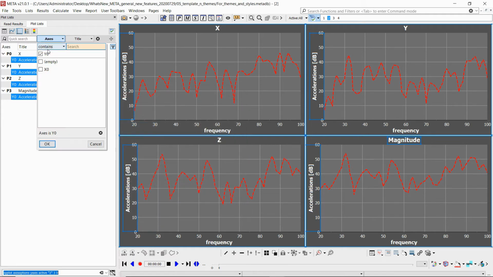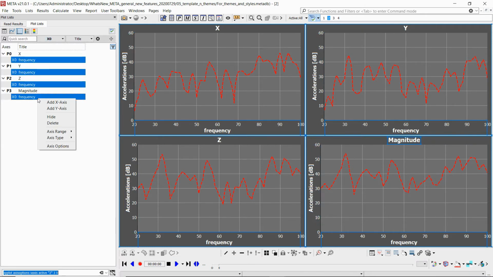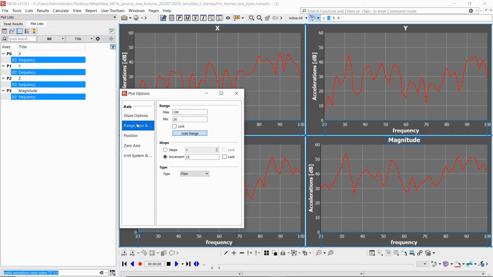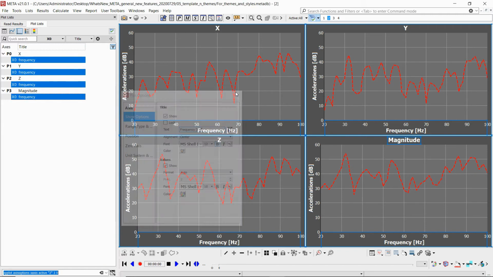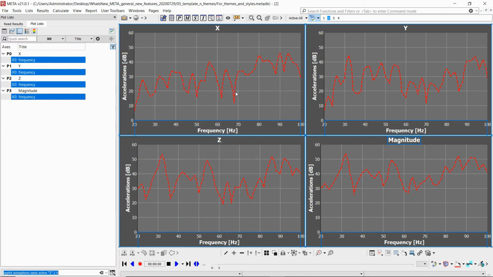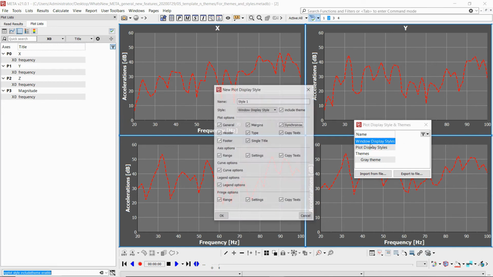Then I will select the x-axis this time. So again, I'll select them all and I'll change the name. So I'll make this Frequency with a capital F, and I'll add the hertz as well. That's fine. Now, if I save this as a window style, I can call it accelerations.